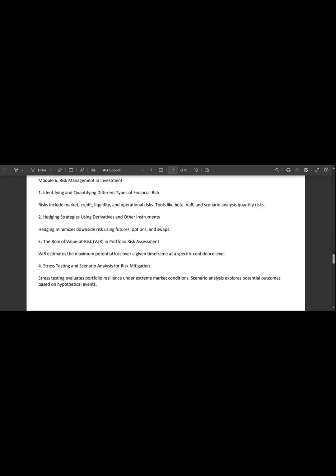We said you were 90% confident, so the risk is the remaining 10%, so 0.1. So that will be the portfolio VAR: 2 million times 0.05 times 0.1. That comes